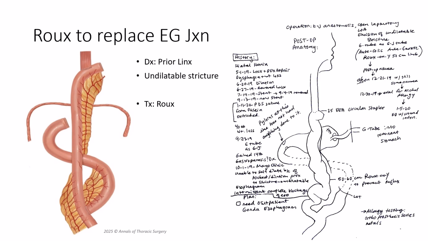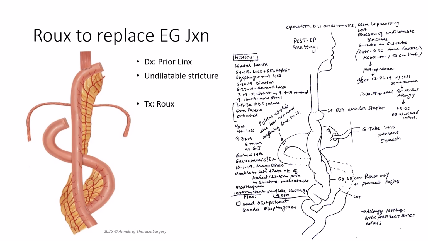This is a roux that was performed to replace the esophagogastric junction in a patient who presented with a prior Linx procedure. The patient subsequently was allergic to metal after extensive metal testing and developed an undilatable stricture. Repetitive attempts to remove the Linx were unsuccessful because the patient continued to present with what appeared to be ischemic or profuse granulation tissue at the EG junction, and thus resection of the EG junction was required, and a roux limb was brought up to the area of the terminal esophagus when a G-tube was used to go into the